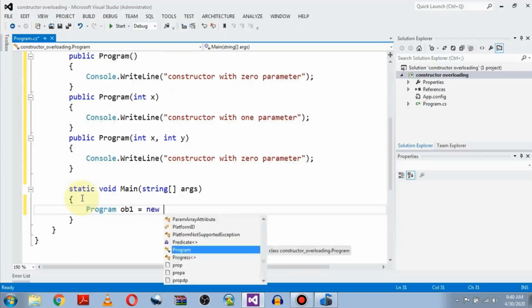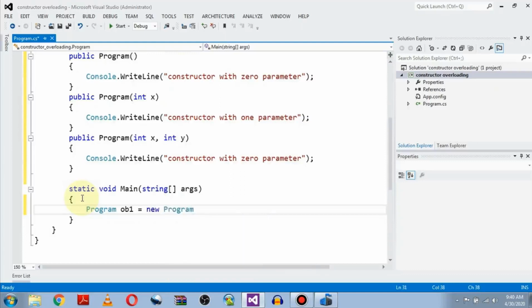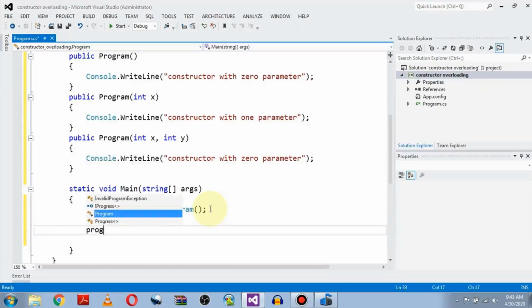Once this object is created, this object has 0 arguments, so the default constructor will be called. If you want to call the remaining constructors, you must create an object for each of them as well.